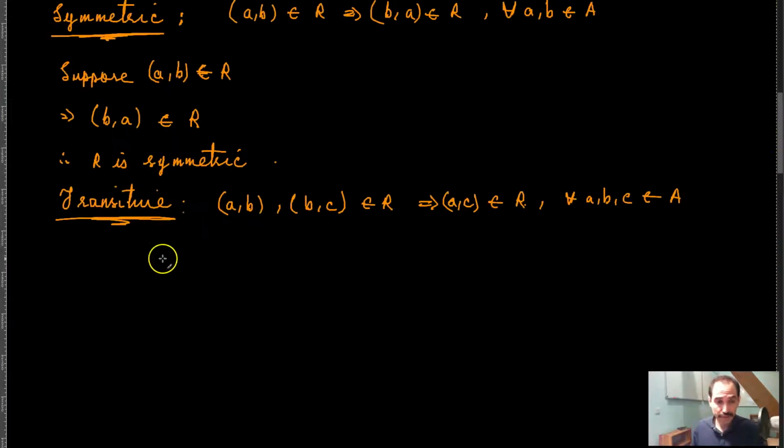Now let's suppose that some A comma B and B comma C belong to R,